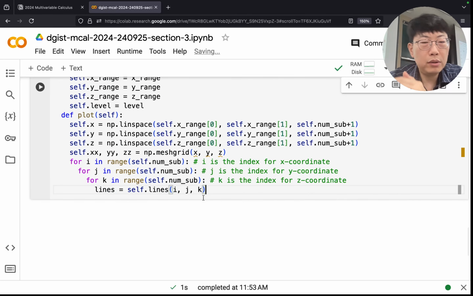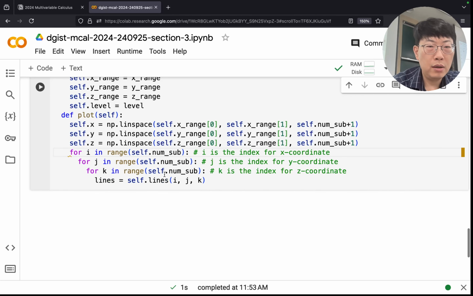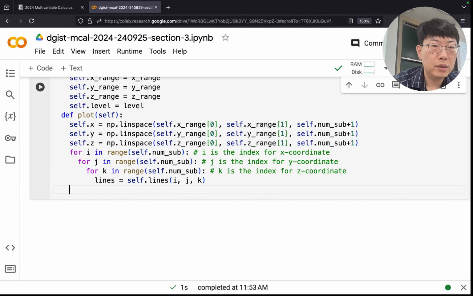So lines means that I'm going to try to find all the lines connecting boundary points in the I, J, Kth subregion. That way I can make the code a little bit simpler. So once I find all the lines, I'm going to,